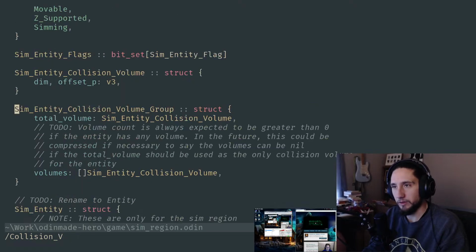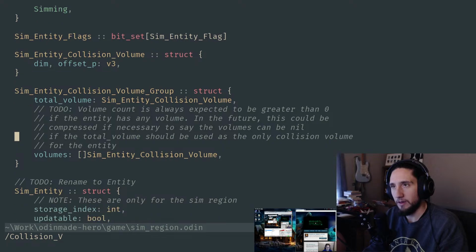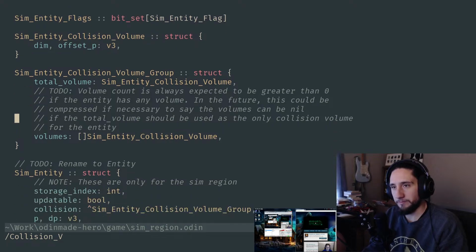Yeah, these collision volume and volume group ideas here. And just checking to see when an entity can collide with another entity, if it's based on these different pieces of it, how that looks,